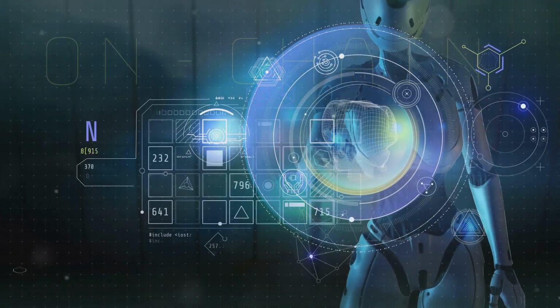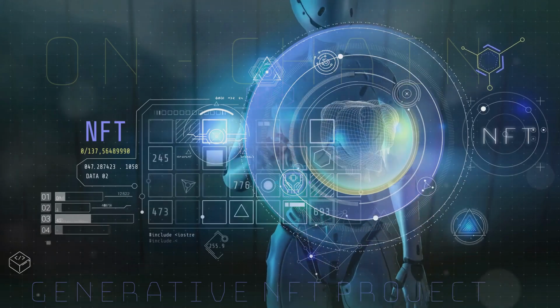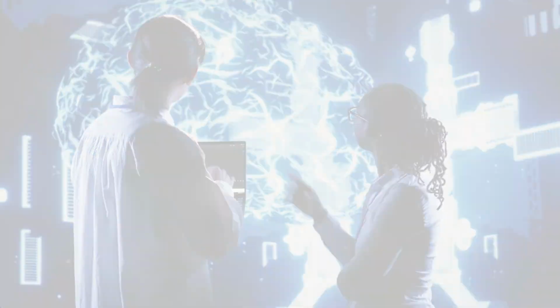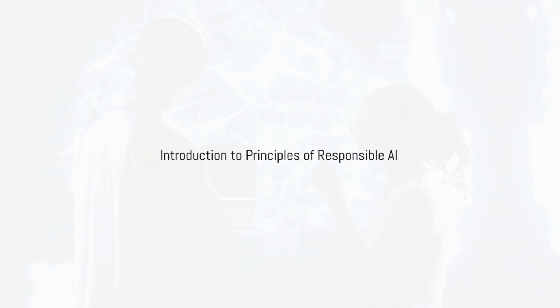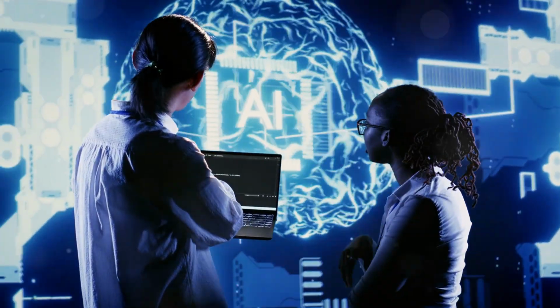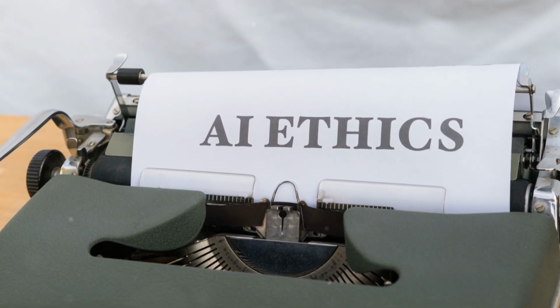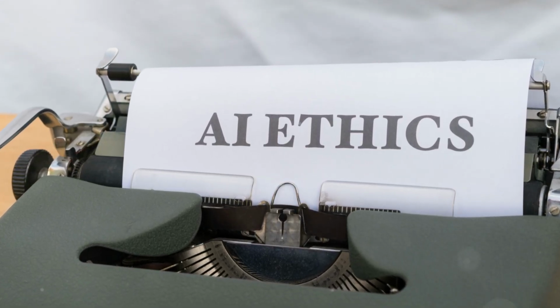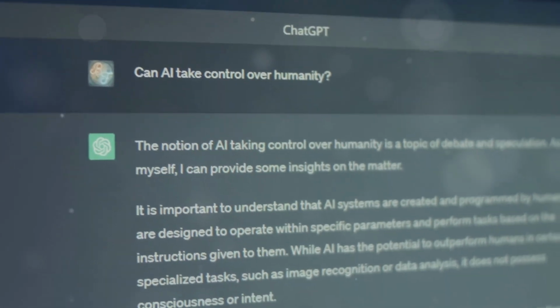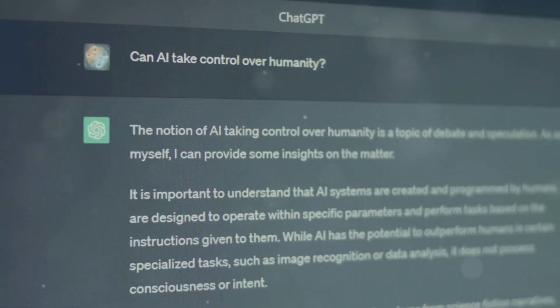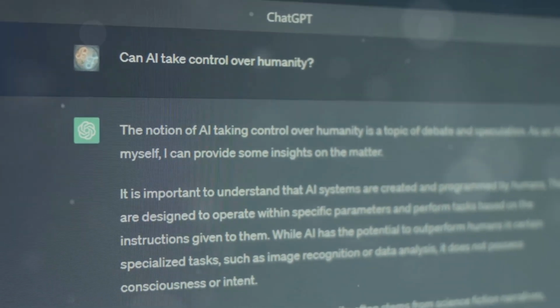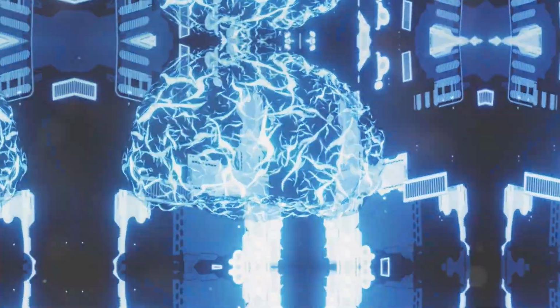Welcome to Module 2 of this tutorial, Principles of Responsible AI. As you venture into the world of AI, understanding how to shape these technologies ethically and responsibly is crucial. This module will explore the 4 core pillars of responsible AI: fairness, accountability, privacy, and human-centered design. Each of these aspects plays a vital role in the development and deployment of AI systems that are beneficial and non-harmful to society.